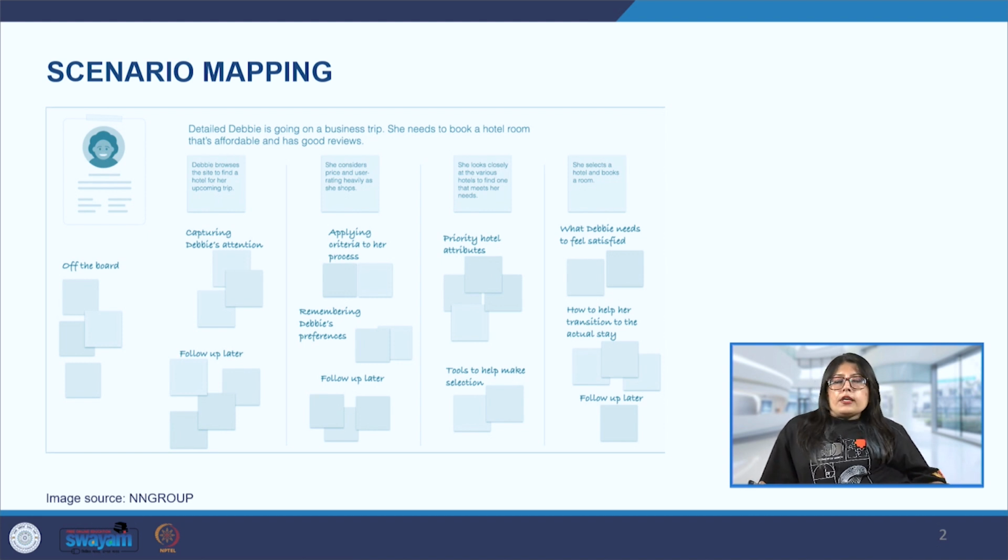Now scenario mapping gives the design team the context of the problem, and from there how do they go forward in order to come up with solutions. So scenario gives life to an abstract idea, because when we are creating a scenario around us, that how the user will be behaving there, it will give us a lot of insights that we may not be able to come up with without this generation of the scenario. So let's see this with the help of an example.